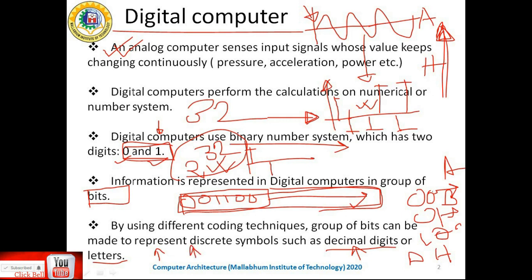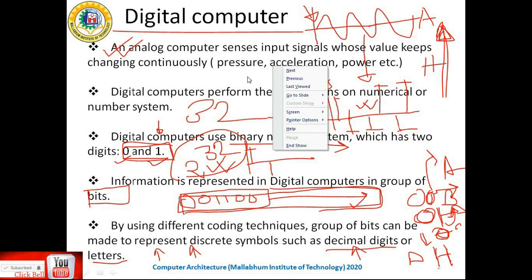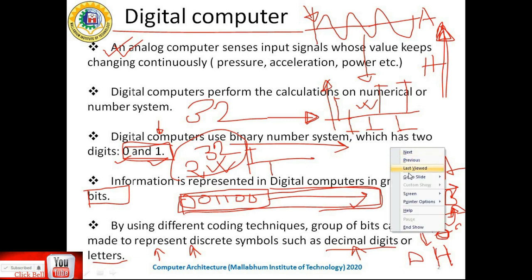Just as I said, with 2 bits we can represent 4 combinations, and with these 4 combinations the computer can understand that 00 represents A universally, 01 represents B, like that. With 2 to the power 32 combinations, we can obviously represent more data, or more variations, than with 2 bits. And if the machine is 64-bit, then again we can represent more information than a 32-bit machine can handle.